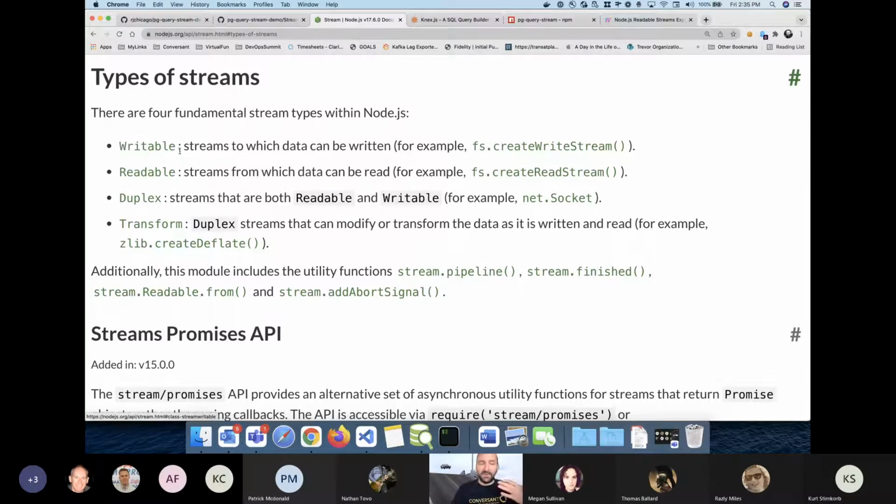As far as what these are, you've probably used file streams for readable or writable streams. When you're working with Express or just HTTP in Node.js in general, your requests are going to be the readable streams, and your response is going to be the writable stream. So you're already working with those. And then duplex, what we were going to set up with our stream here with the database,